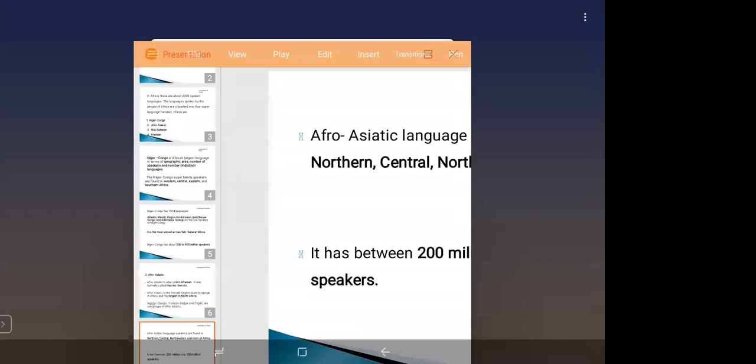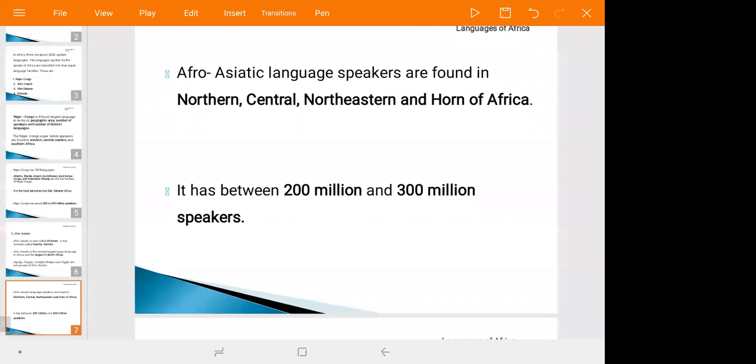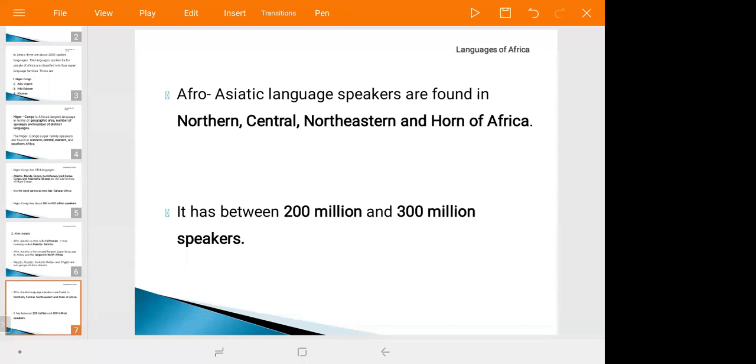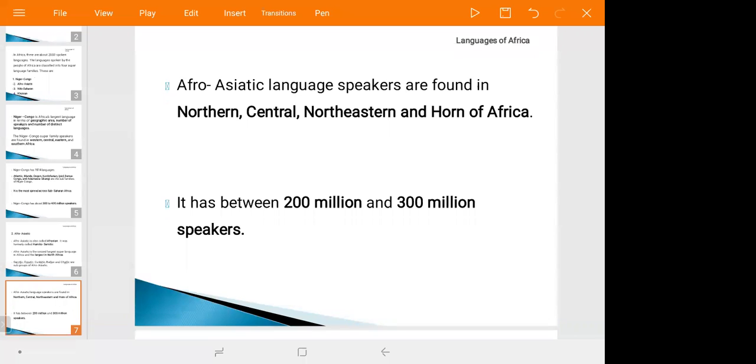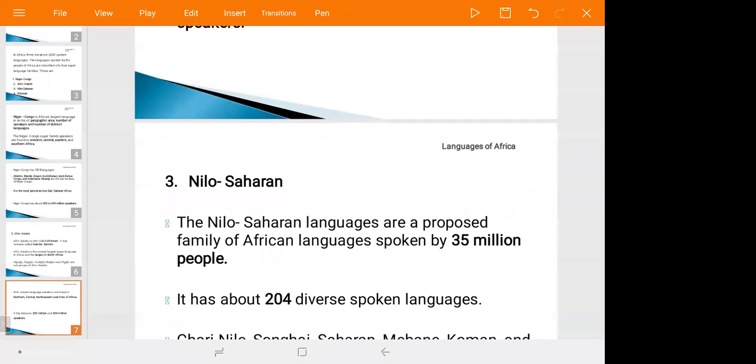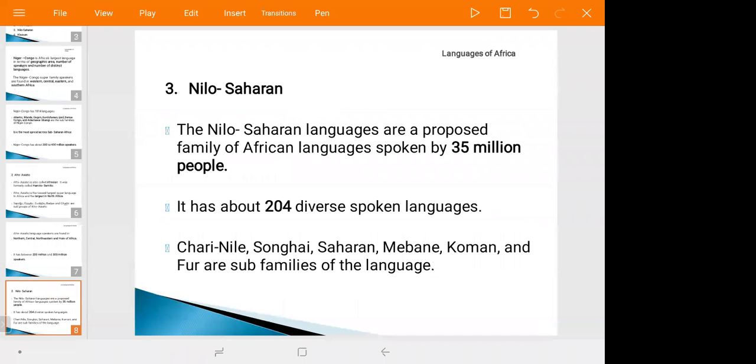The number of speakers is between 200 million and 300 million. So it is the second super language in Africa. The number of speakers given is for those who live in Africa only, okay? It has many speakers outside Africa. The numbers given are for speakers living in Africa only. The third is